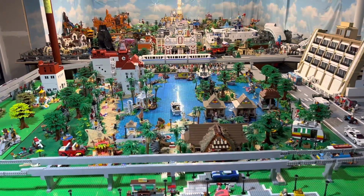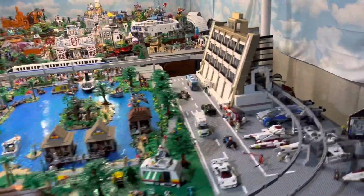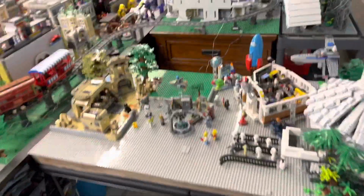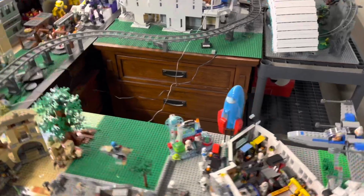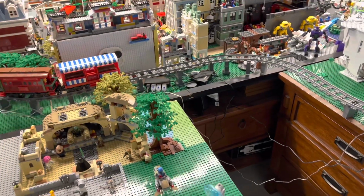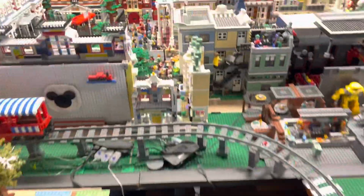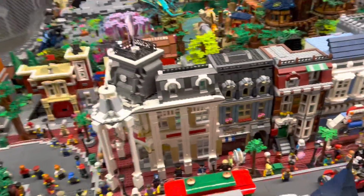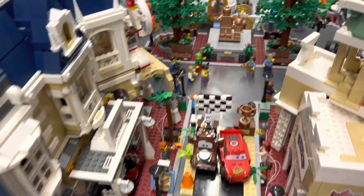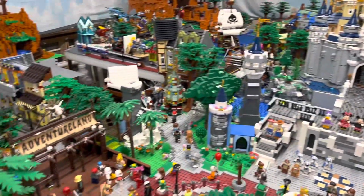So right now, there's a couple things I want to show you too while I have you here. I do have the table pulled out. Some of you guys asked how I got some views of Main Street. I pull this table out here and I can go in, and I'm going to do that right now. I'm going to go in between here, squeeze by the wall there. And as I come down through here, then I can get right to the middle of Main Street here. So we can get a little closer images here of Main Street,